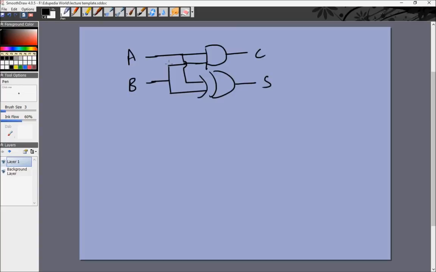Don't confuse the sum of A and B with A plus B. A plus B is a way of writing A and B. This is the sum, and this is known as the half adder. And the half adder can add two numbers of value either 0 or 1, and basically two numbers of one digit each, and it is represented as